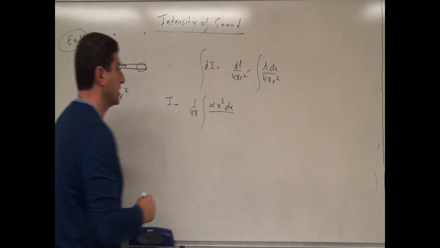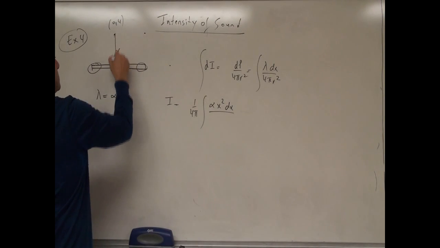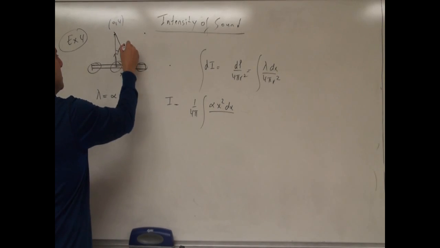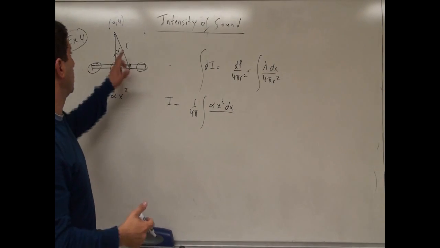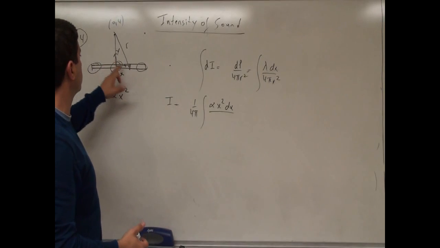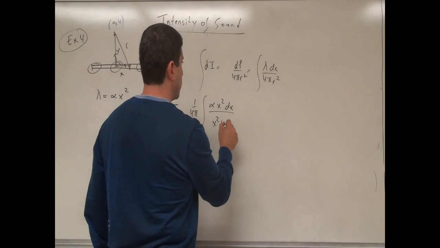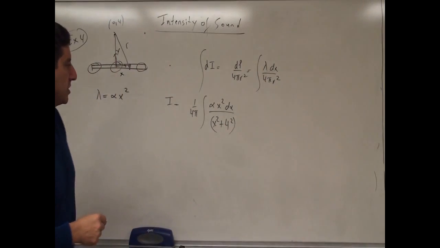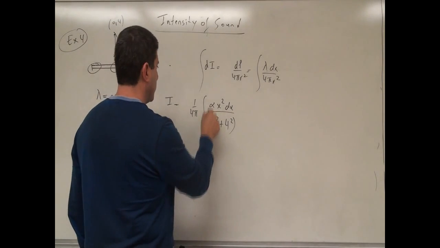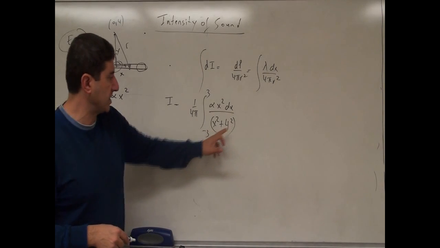dx. And if the point is at (0, 4), we can use the same r that we used for the uniform one. In that case, r squared was equal to x squared plus 4 squared, which is x squared plus 16. So we put that here, and then we go from -3 to 3. In this case, we can actually go 0 to 3 and double it,